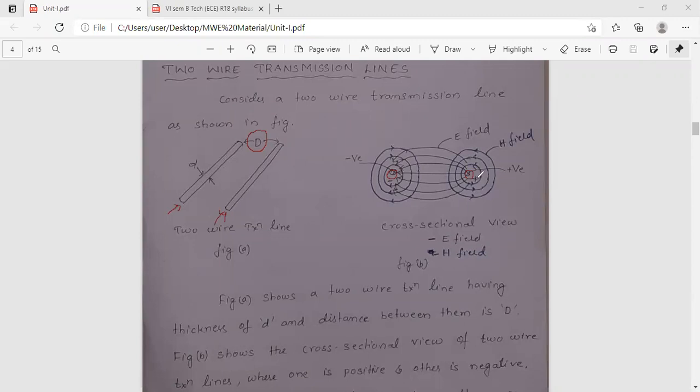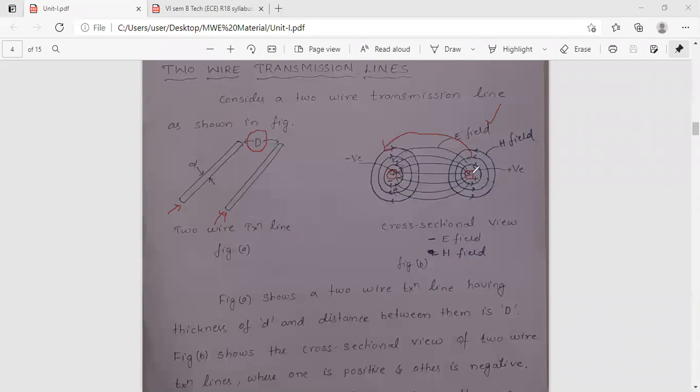So we have a positive and a negative representation. One wire is of negative nature, and the other is considered positive. And always the current flows from positive to negative. So the electric field is represented from the positive to the negative point. These are called electric field lines, which are always positioned from positive to negative. And now